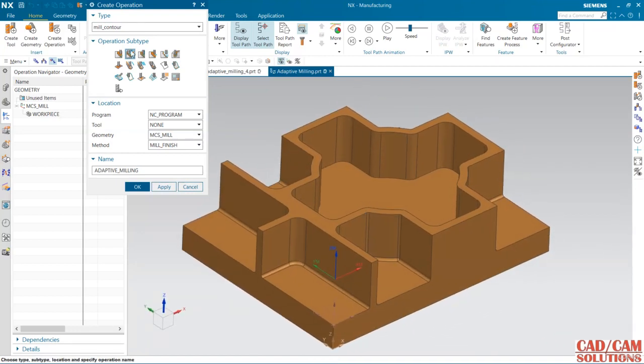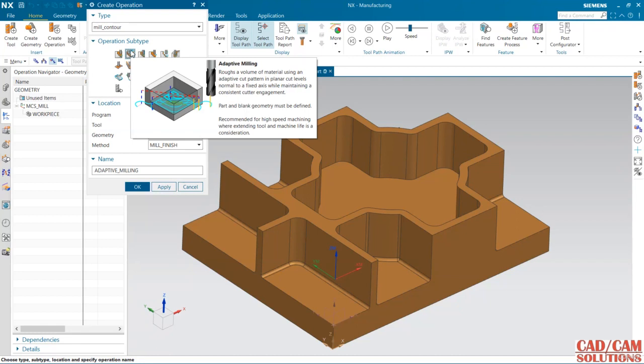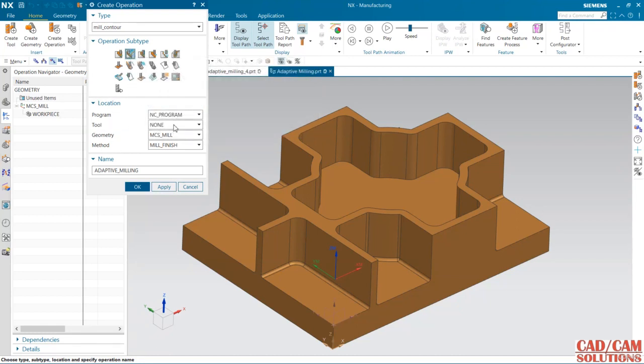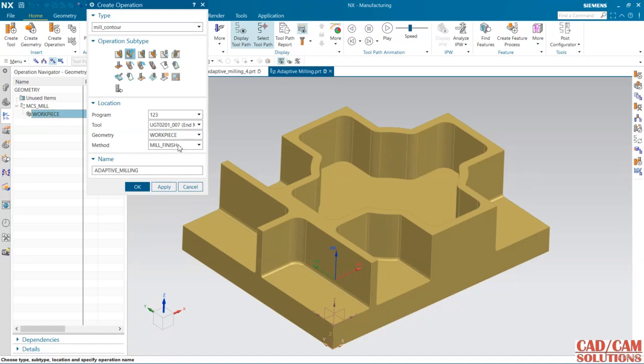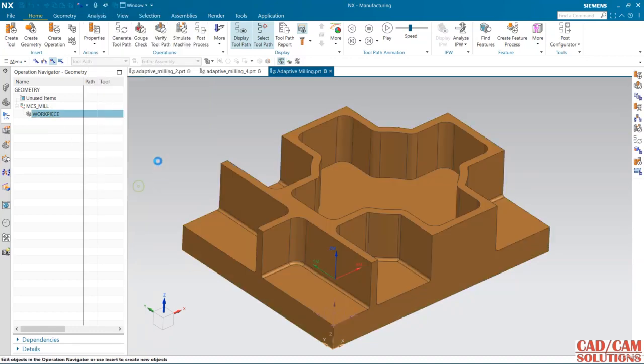So we use this adaptive milling for high speed machining, and we use a solid tool for this adaptive milling because the tool cuts with up to 100% of tool flute. So in this case I'm going to use a solid tool, 8 mm end mill, and my workpiece is this, and I'm going to do this. Okay,